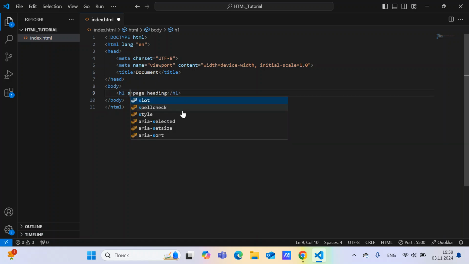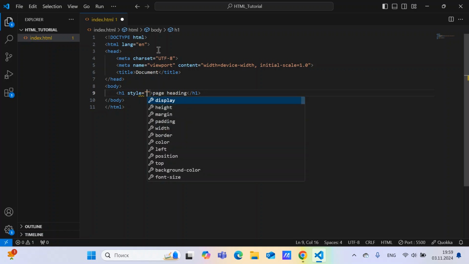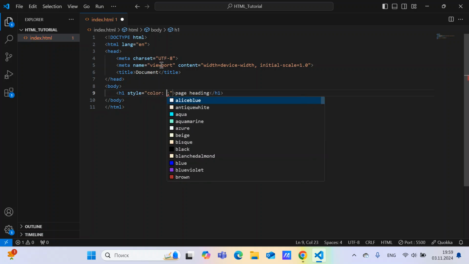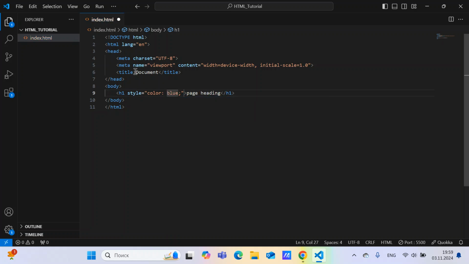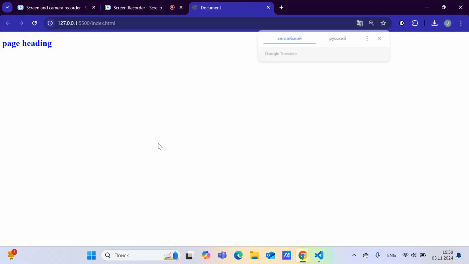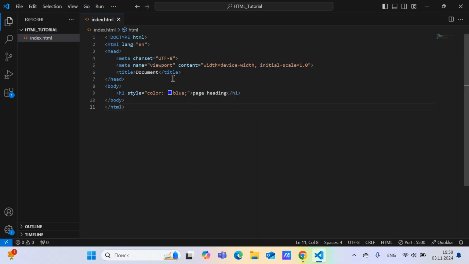First of all, we have to write the style keyword itself in the h1 tag and write some properties. For example, I want to choose color, and color should be, for example, blue. All right, so let's run the program and see. So you see, we have our output. All right, so the next way is